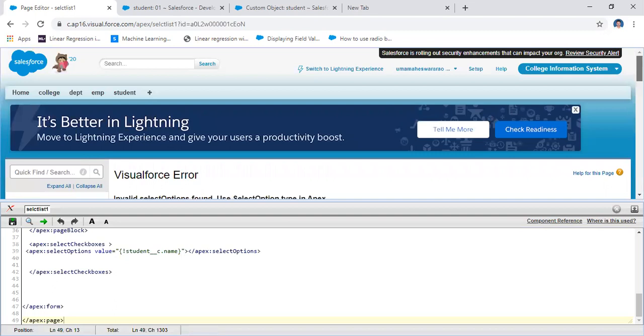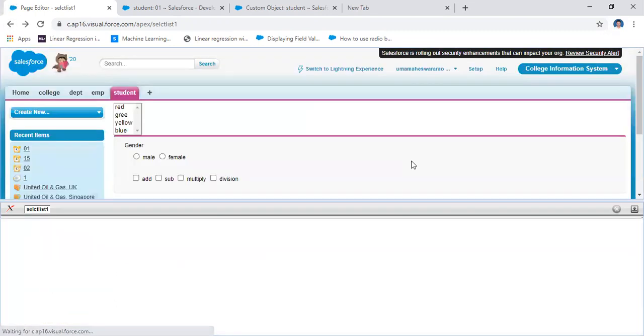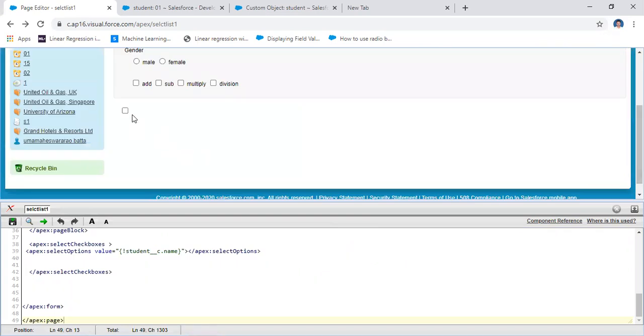This also gives an error. Okay, leave it. In this way you will represent this multiple selection option. Whenever you are taking a list of items, when working with classes or objects, only then will you use a select option object. Okay, thank you.